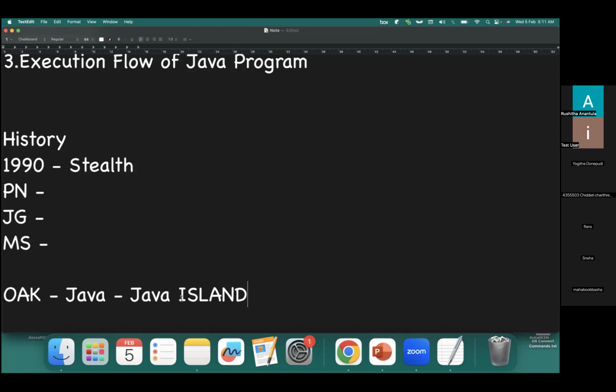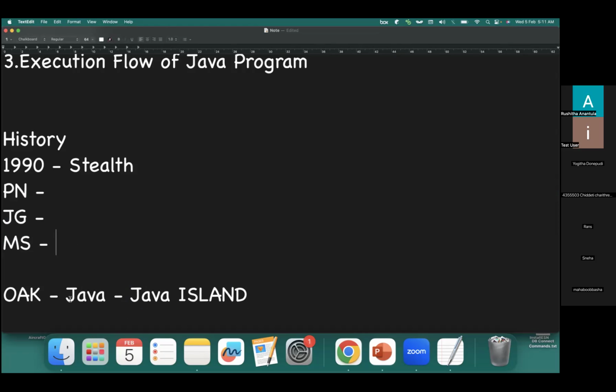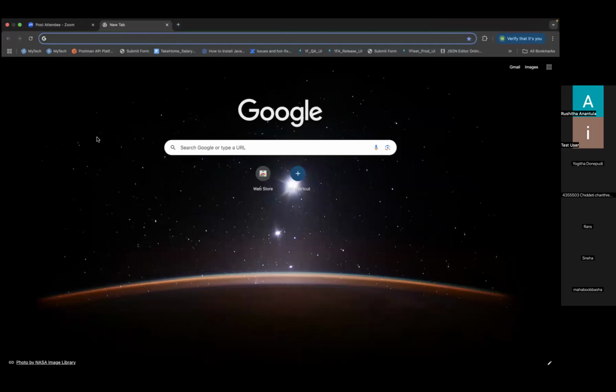Okay, so this is Java Island, which basically exports coffee all over the world. In the sense, during the work, these team members had consumed a lot of coffee, so they thought we could go ahead with this name. So that is the reason if you see any official Java,